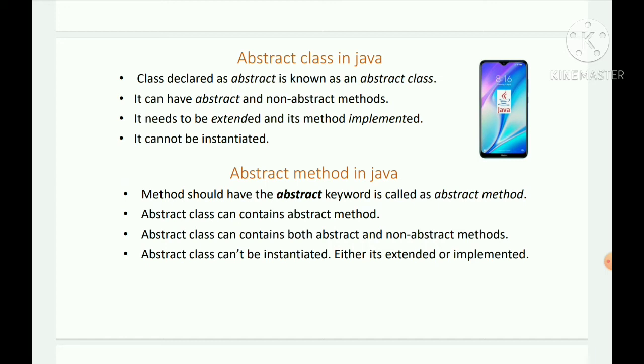Okay. And generally we are creating the object for the class, right? If you are declaring a class as an abstract class, you should not create the object. Then how can I use my abstract class? So you need to extend the class, or you can create an interface and implement the interface in some other classes. Let's see that in the upcoming example.